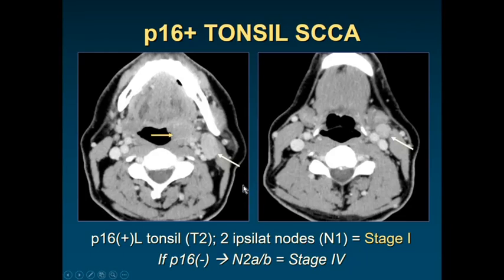Just to show some examples of how this works, this is P16 positive tonsil squamous cell carcinoma. You can appreciate the tonsil primary here, and there's a couple of ipsilateral nodes. Two ipsilateral nodes means N1 disease. This is stage 1 for P16 positive cancer. But those 2 nodes would have been stage 4 disease based on the presence of N2 disease if it were